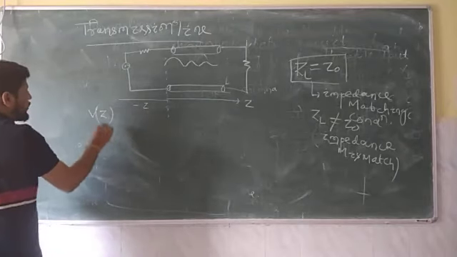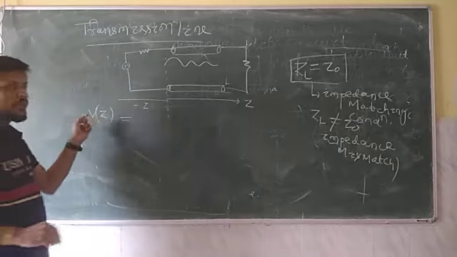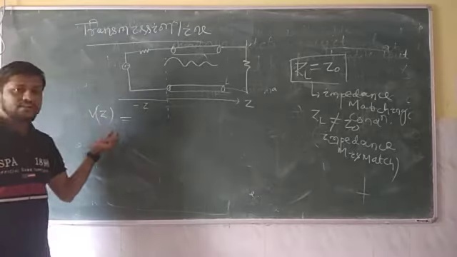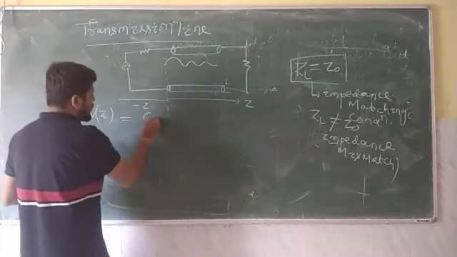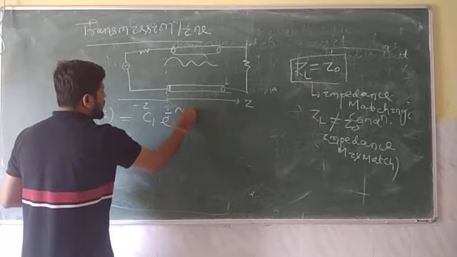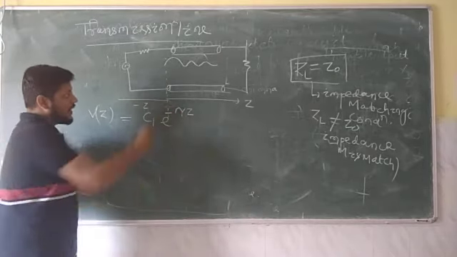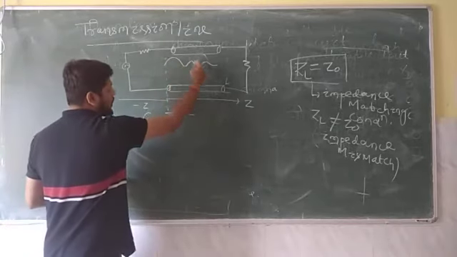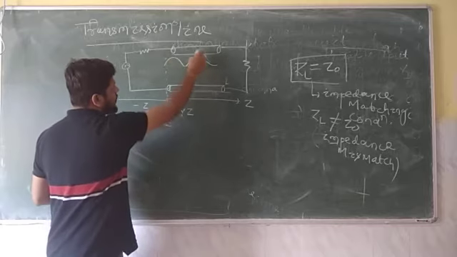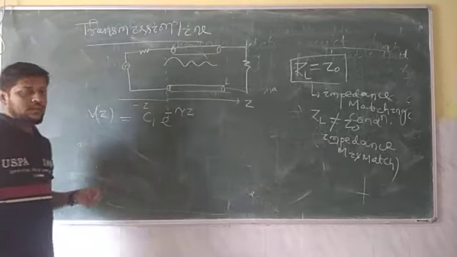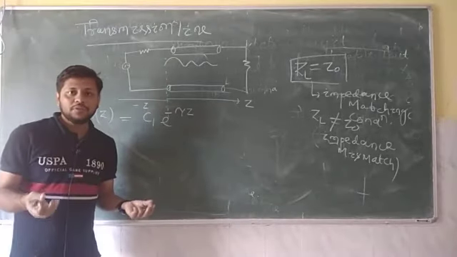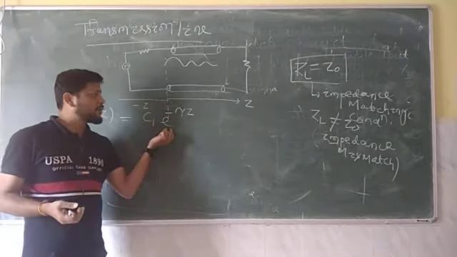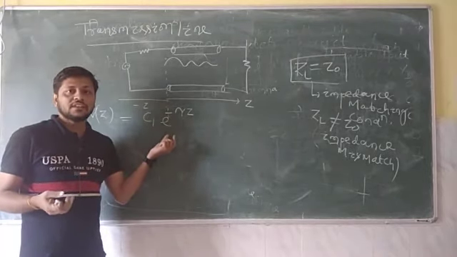So voltage wave, for example, Vz. Why am I representing it as Z? Because this axis I am considering as the Z direction. You can take it as the X direction, but I am here considering the Z direction. So in the Z direction, C1 e to the power minus gamma Z is the wave traveling, and this wave always decreases in amplitude. Why decreasing? Because this coaxial cable is going to absorb some of the power. That's why your amplitude is decreasing, and that decrease is considered as exponential decay.